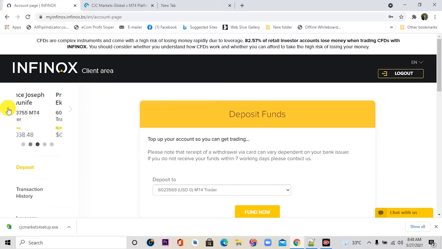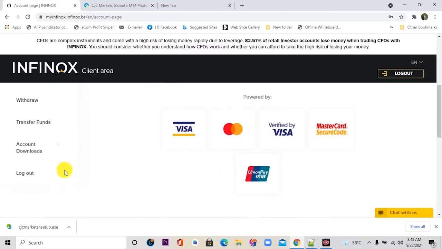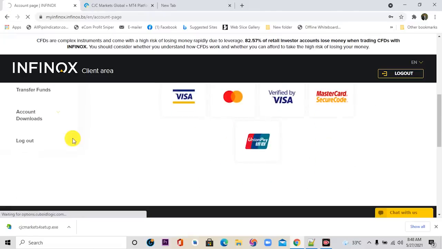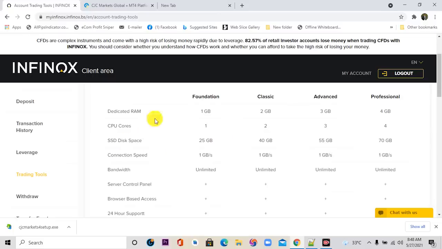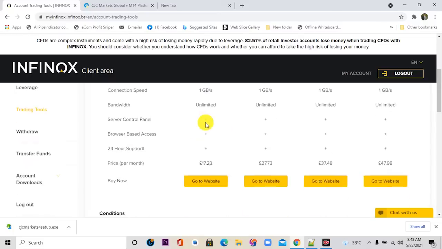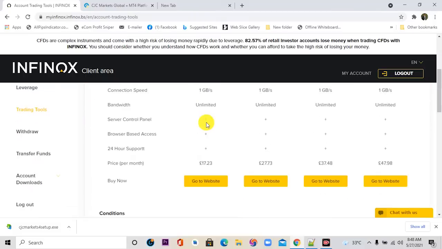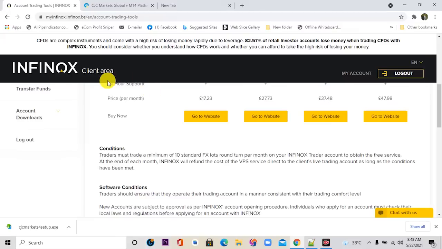Now, with no further ado, this is just how the back end is. And if you want to download the MT4, you see what we call trading tools. You click on trading tools, and you see a lot of trading tools, like for example, the VPS. If you are using a robot or some other things, or an EA, you can use that. But if you want to download MT4, guys, when you log in,